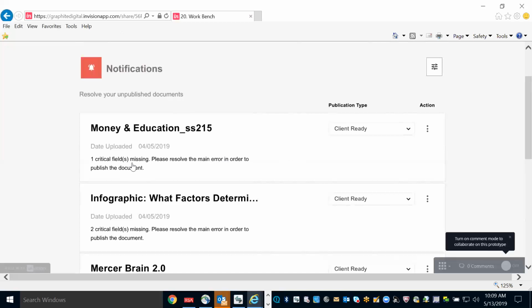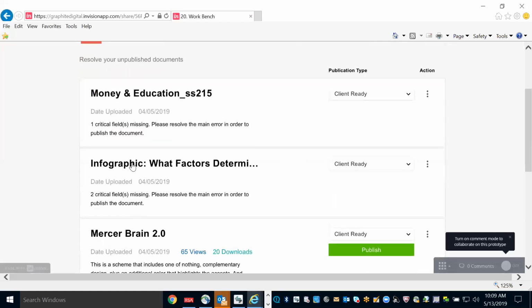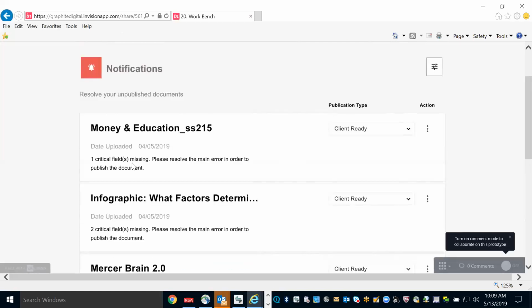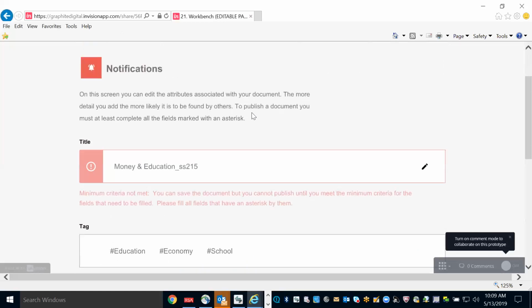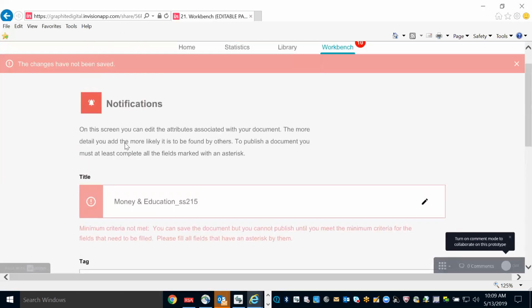So I'm just wondering, I have this money and education web page that I created, and I want to now add that into Mercer Brain. I'm just not sure what this means by field missing. If I click on it, let's see if maybe it...